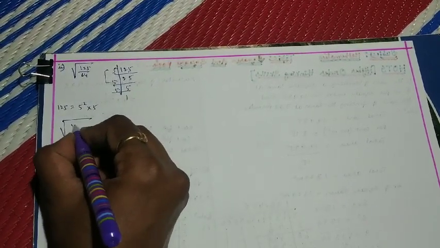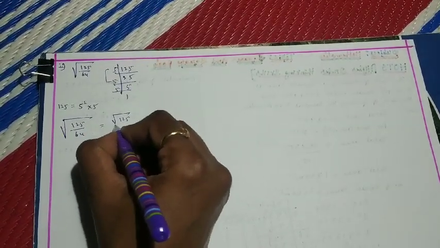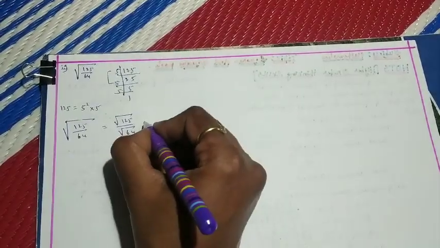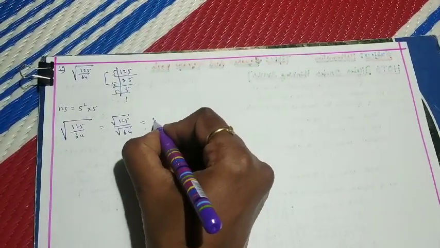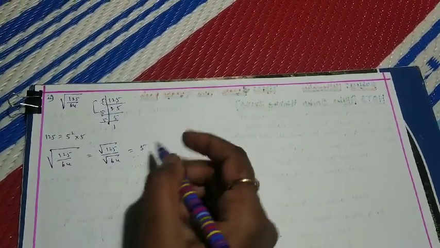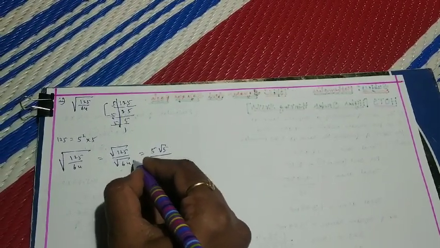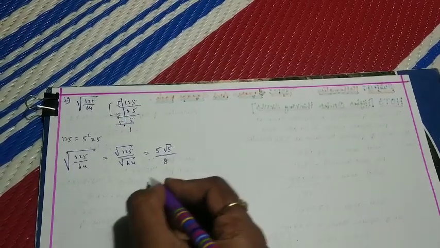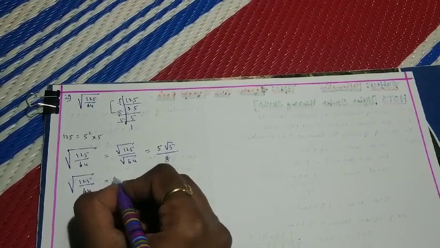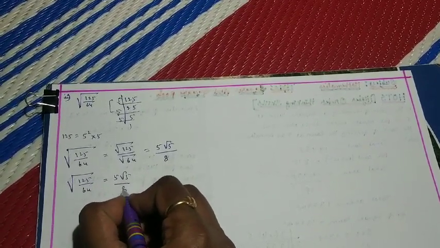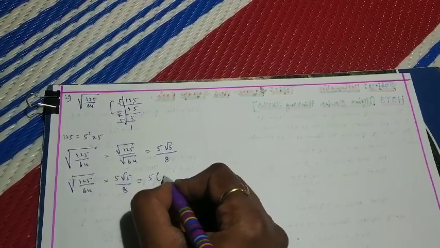Then square root of 125 by 64, I'll rewrite it as square root of 125 by square root of 64. And root 125 can be written as 5 square into 5. The 5 square is in a pair, so it comes outside the square root. The other 5 doesn't have a pair, therefore it lies within the square root. So root 5 divided by root 64, which is a perfect square of 8. So I'll write it as 8. Now I got square root of 125 by 64 as 5 root 5 divided by 8, and the root 5 value is given in the question. It's nothing but